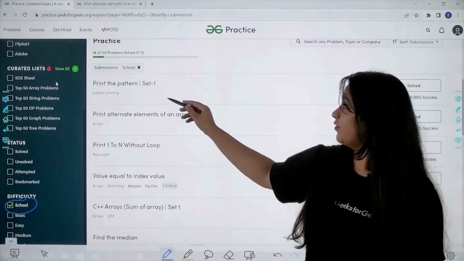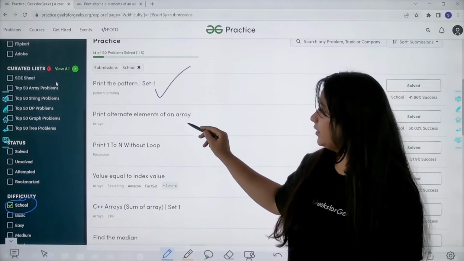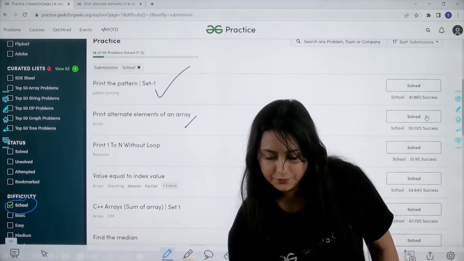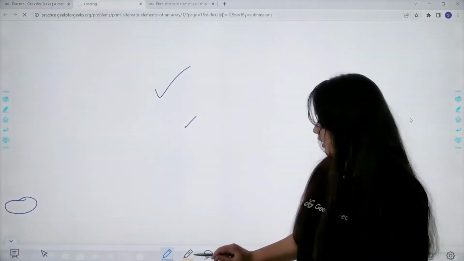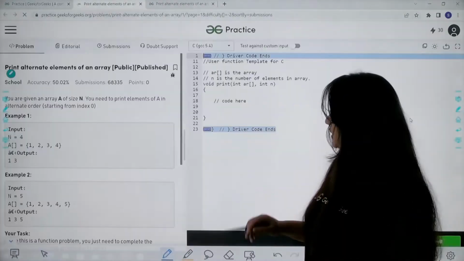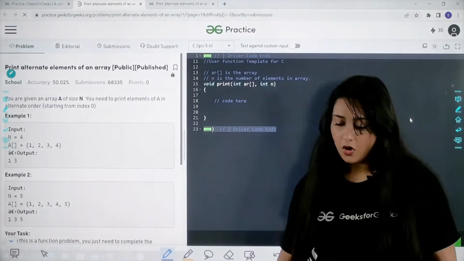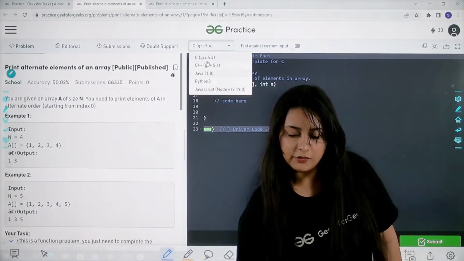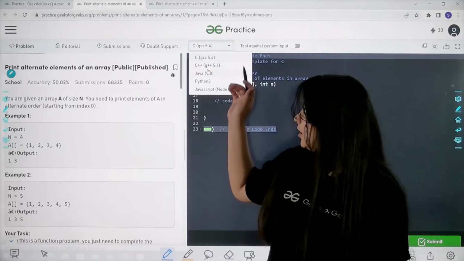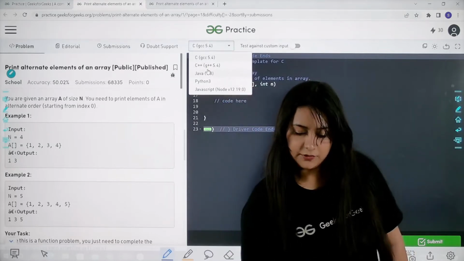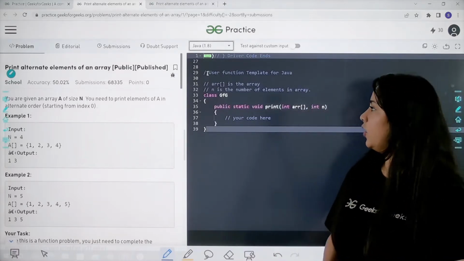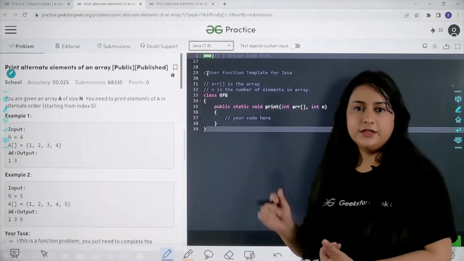Once you do that, you will get all the problems. We have already solved this problem. Now it's time to solve this one. Okay, so let's start doing that. Let me first explain the whole problem, and I'm going to code the solution in Java. You can change the language from here. As you can see, there are multiple language options. I'll select Java, and you can select whichever language you are comfortable in. Now let's first see the question and then we'll start writing the solution.